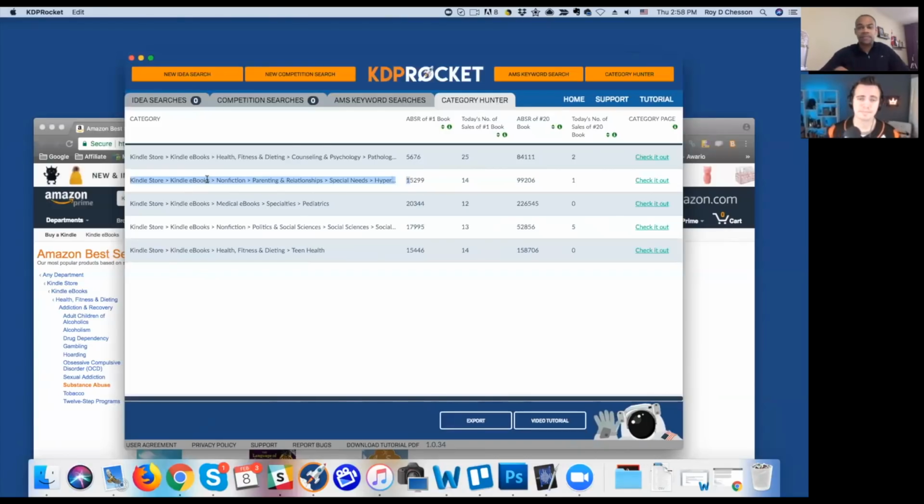Yeah, this is something I've been doing for my books for a while, and it always required so much time digging in there and figuring out which ones were going to be the best. And I do want to mention, you want to make sure you're picking categories that are relatable to your book. Exactly. You don't want a parenting book in with wood making or woodworking, right? That's just